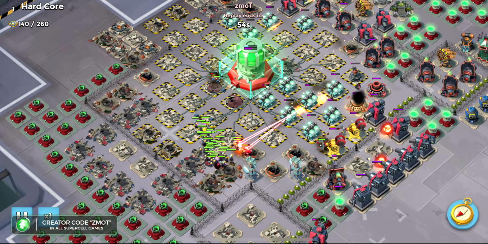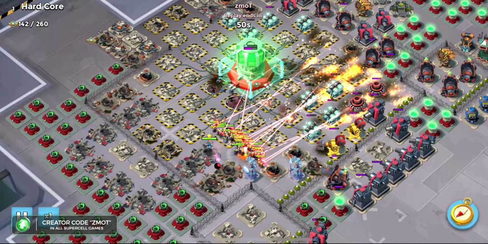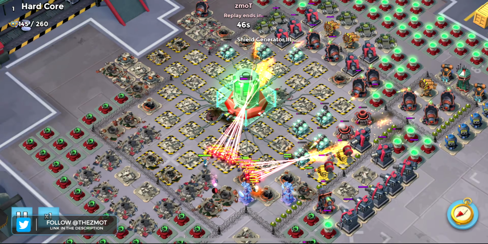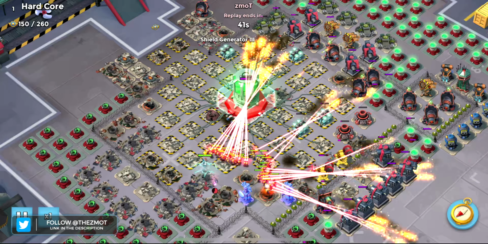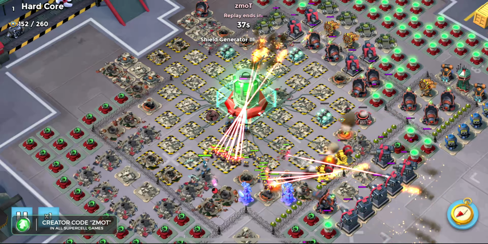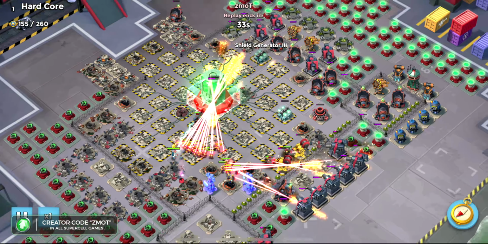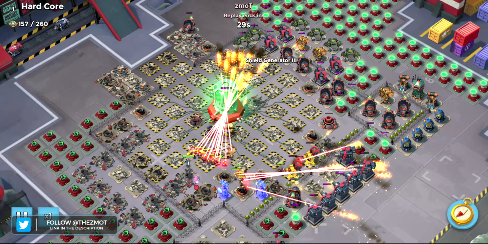Flares get so expensive on this attack, so I try not to flare until I absolutely have to. But you'll notice that we're going after shield gens here. Shield gens behind, shield gens on the right, shield gens behind, and we need desperately for those shield gens to go down. So at this point, just waiting for those edge shield gens to go down, and now we have got